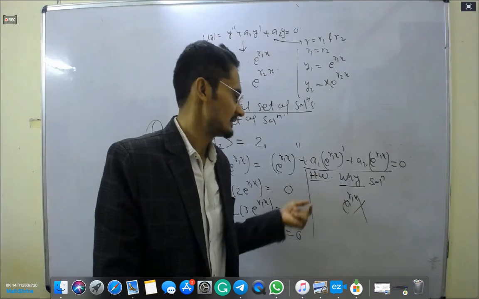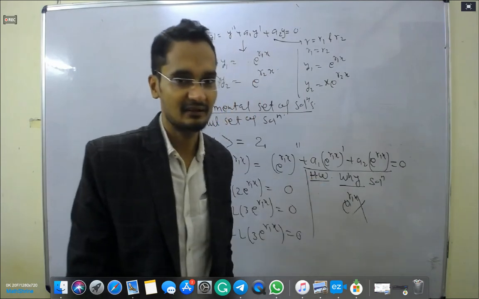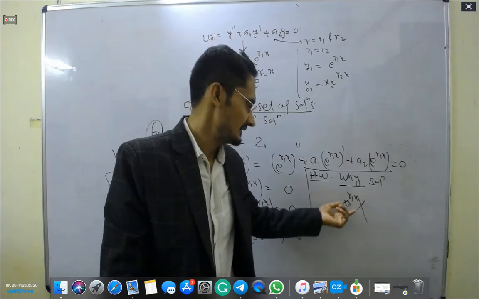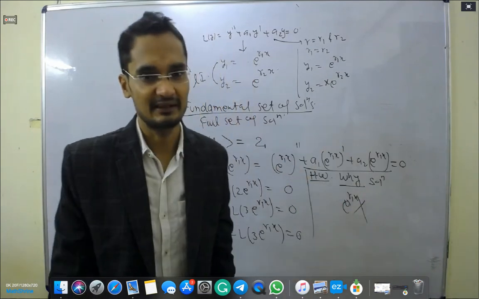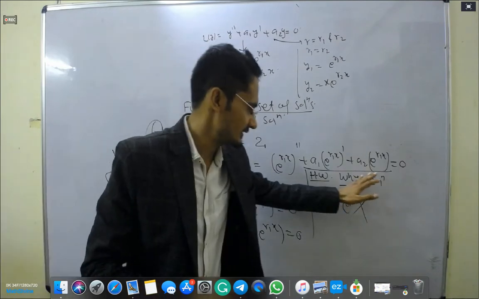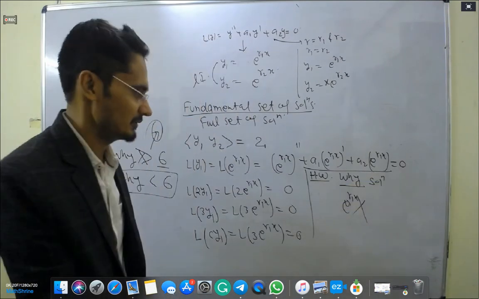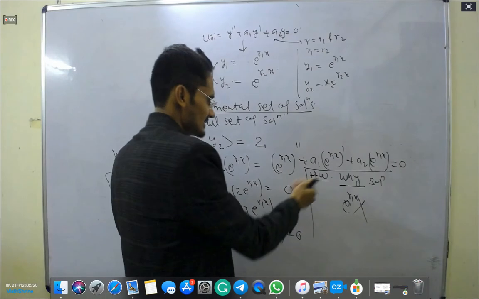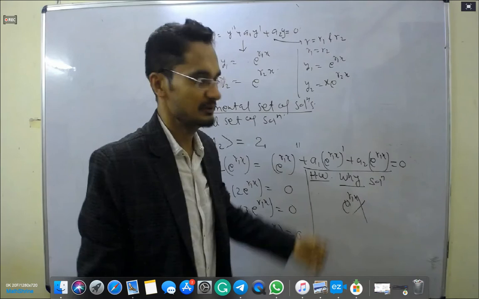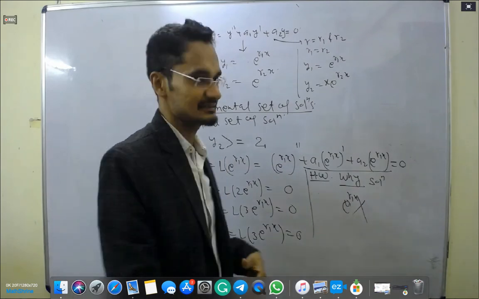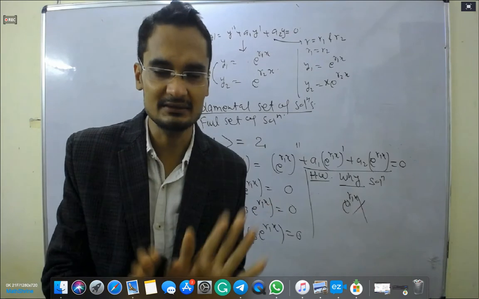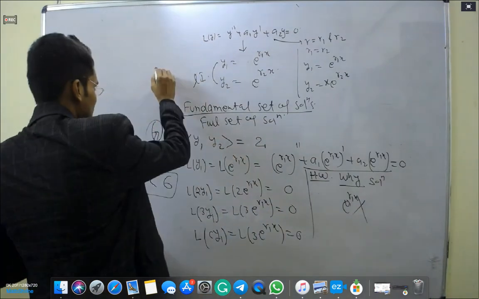So in science, believe me, the whole of mathematics and all science is based on cause and effect. Right? Science is based on cause and effect. If there is no cause and effect, no science is there. So if we are writing in this way, there are some reasons why we are taking this.